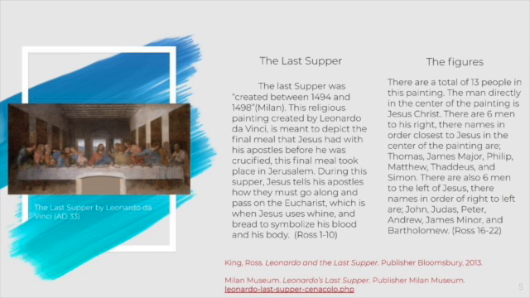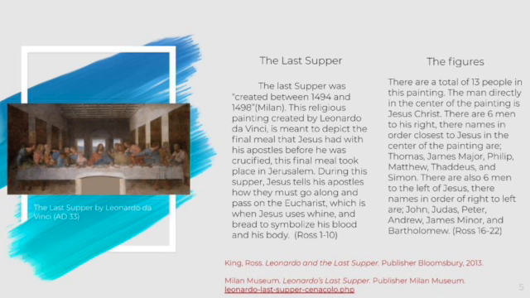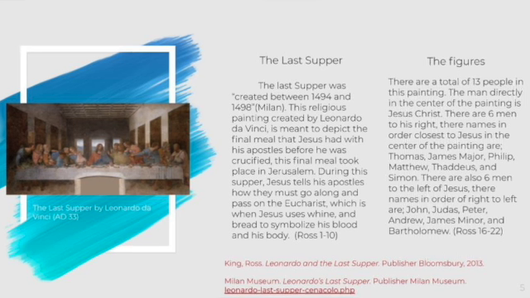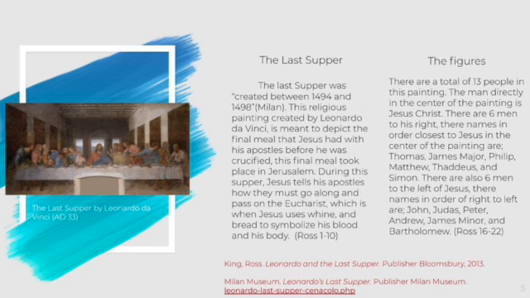Here we see one of Da Vinci's famous paintings, The Last Supper. This painting was created between 1494 and 1498. This painting created by Da Vinci is meant to depict the final meal that Jesus had with his apostles before he was crucified. The final meal took place in Jerusalem, and during this final meal, Jesus tells his apostles how